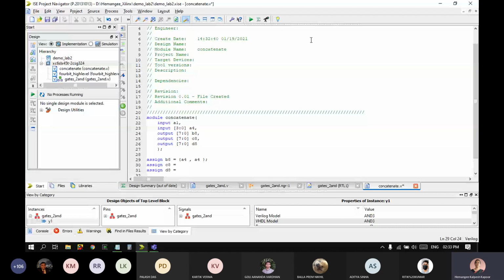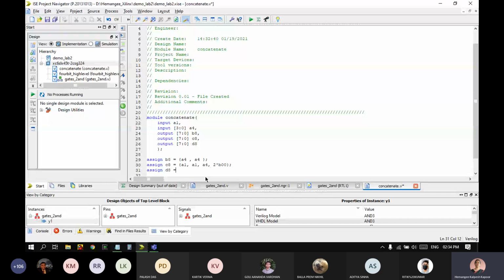So this is the curly bracket and inside that all this. This curly bracket is the concatenation operator. So I have used the same A4 to create B8. Now for C8, let us do something fancy. I will use A1, which is a 1-bit variable. Let me use it once more. Then let me use A4. Here I will also use a constant, so I will use a 2-bit constant. So a concatenation can happen across any number of parameters. Here I'm using the same variable A4 twice, and then a 2-bit constant.